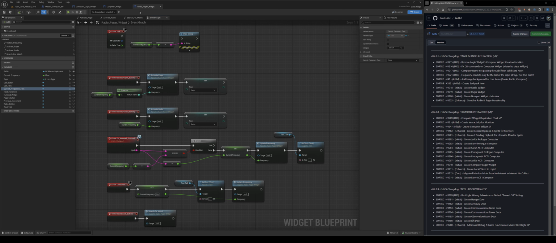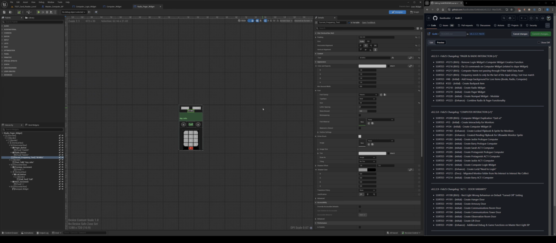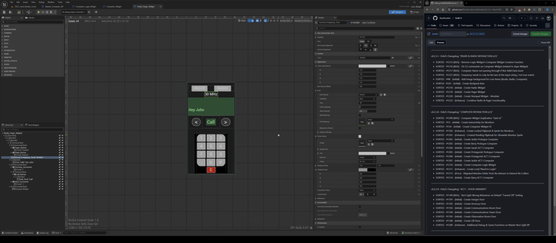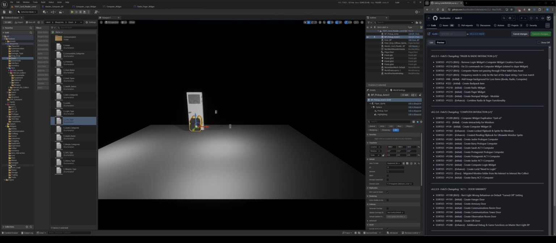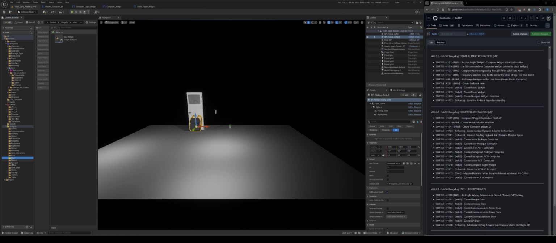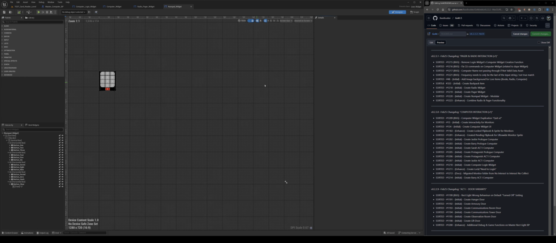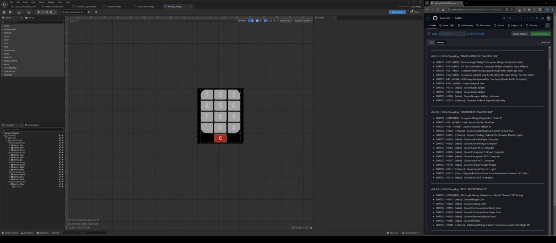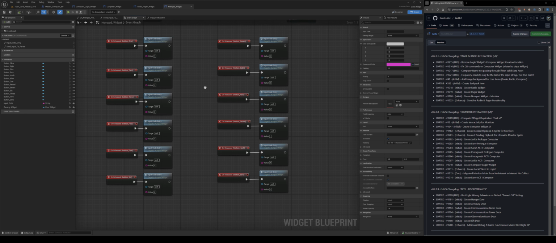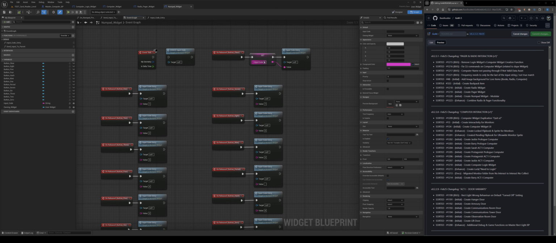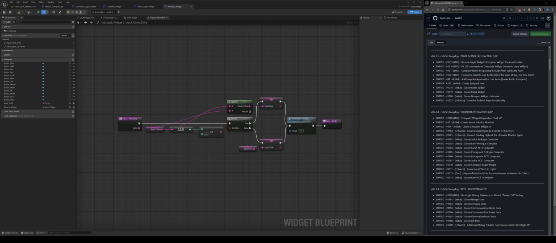I then have a widget within a widget, which I do have a playlist about, the Numpad, that I'm up to part 3. I've just released part 3. There's 4 and 5 to do, but I'll do those between the branches. The Numpad widget is here, and this is like a universal multi-purpose widget. What we have here is you type in these numbers and it updates it to the input code, and then the input code, after it's been updated,